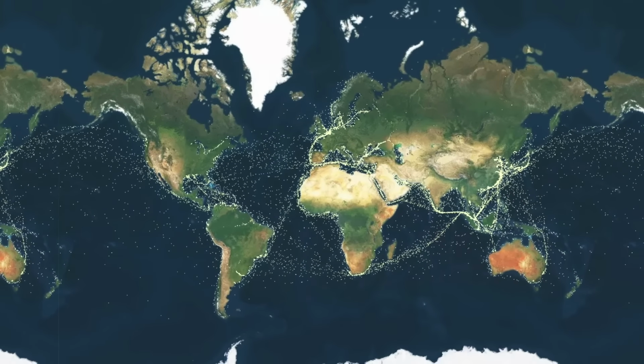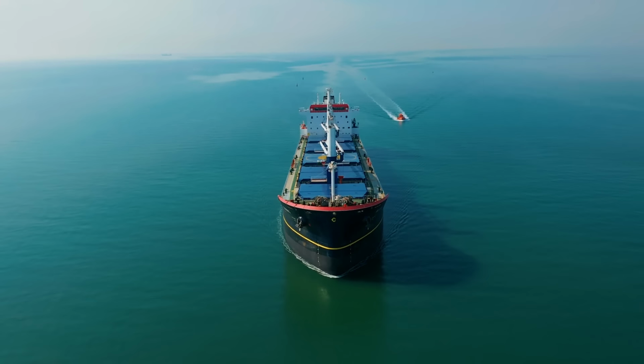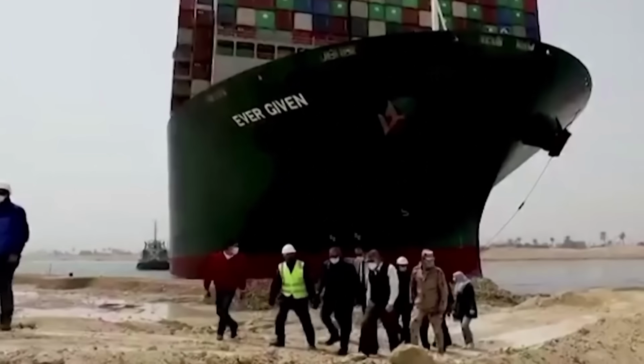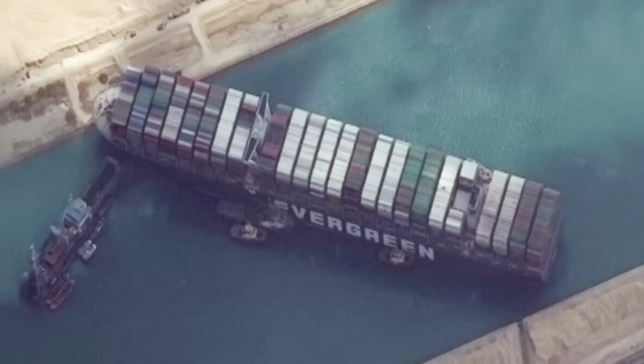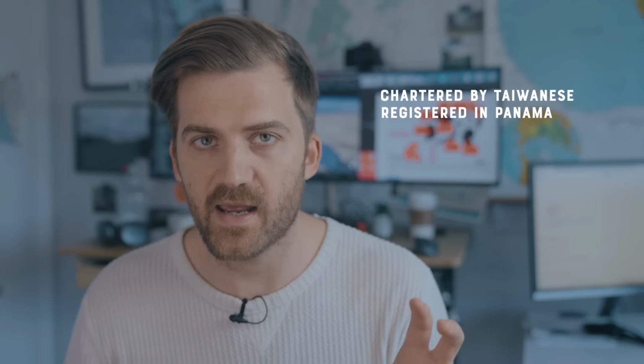To add another layer of weird complexity, the ships themselves, like the physical ships, are also mind-bendingly complex. So let's take the Ever Given, this ship that was stuck in the Suez Canal recently. This ship is chartered by a Taiwanese company, okay, but it is registered in Panama. I've talked about ship registration in a different video, by the way, and why ships want to be registered in different countries. Anyway, it is registered in Panama, chartered by a Taiwanese company, but the ship itself, the physical ship,